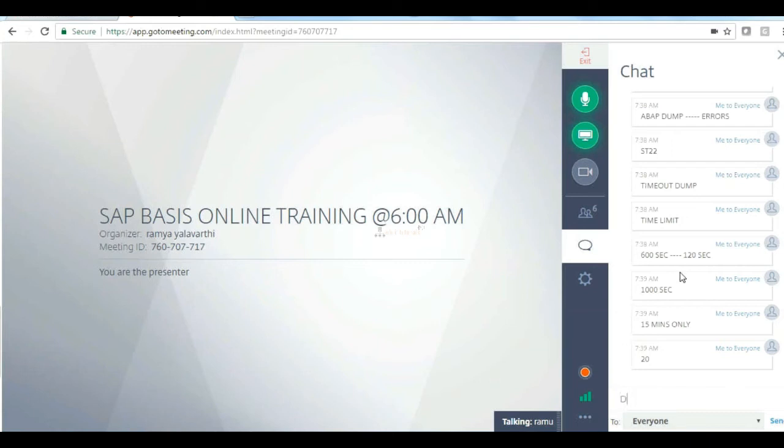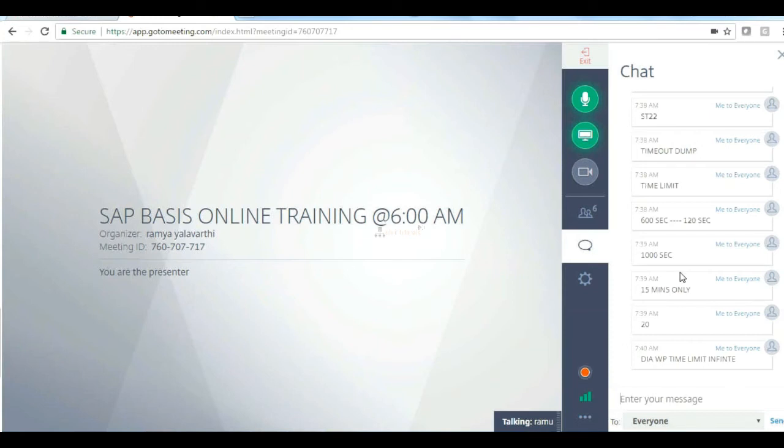Then what I need to do is set my dialog work process time limit to infinite. The dispatcher will assign the work process, that's the job of the dispatcher. But the actual program is run by my dialog work process.